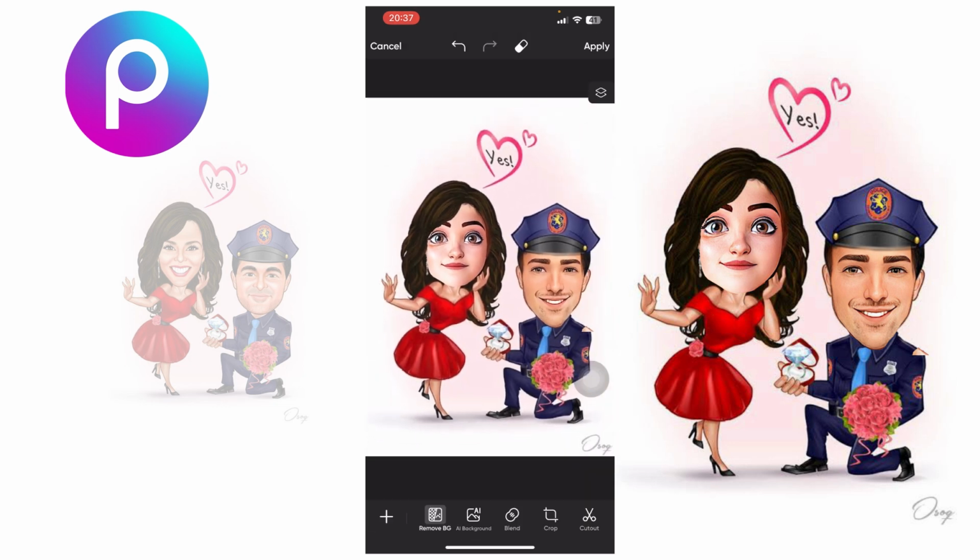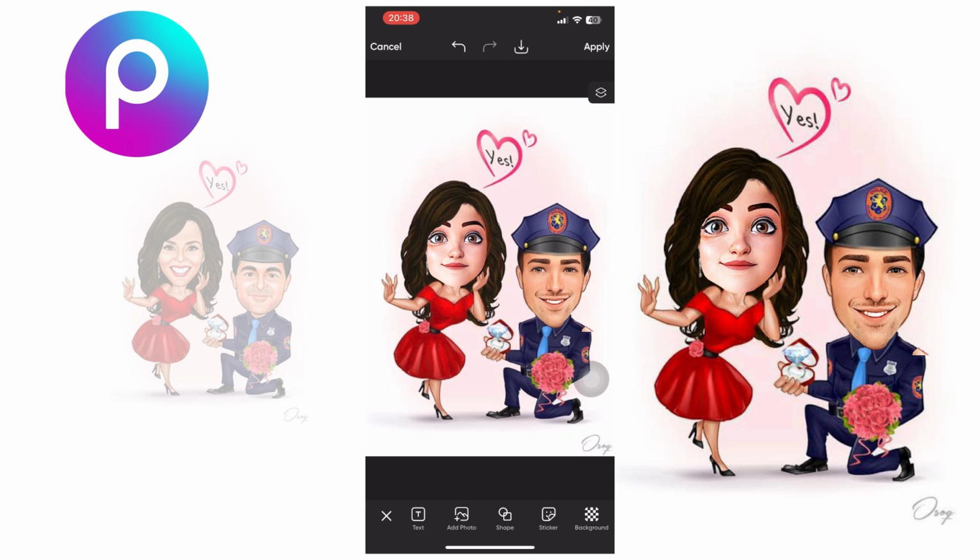Alright, when you're done, tap on the check mark and then tap on apply. Alright, cool. The cartoon faces have plastered the faces in the original caricature, just like this. Oh, fancy. And now you can actually do the same if you want to edit a picture of yourself with